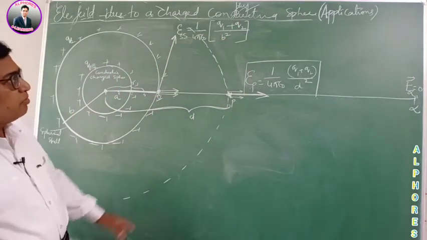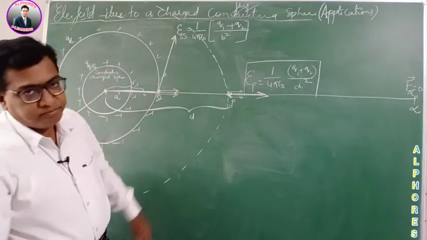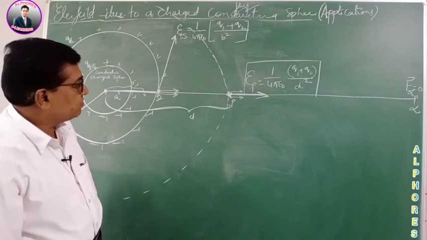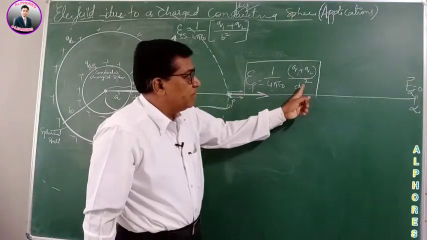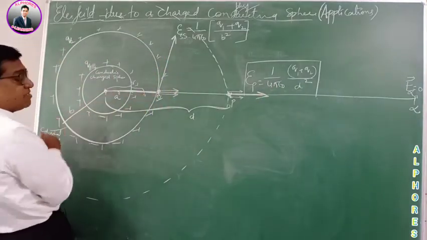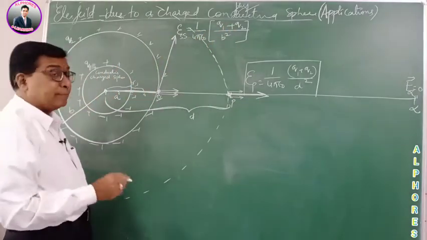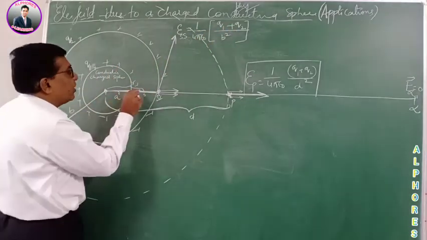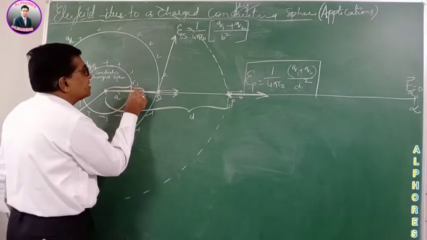So 1 by 4 pi epsilon naught (Q1 + Q2) by B square on the surface of the spherical shell. At an outside point at distance D, it is (Q1 + Q2) by D square. Now the surface is at a distance B, the radius of the shell, so it is (Q1 + Q2) by B square. Well, coming to the point inside here, the fourth point, which is at a distance small r,